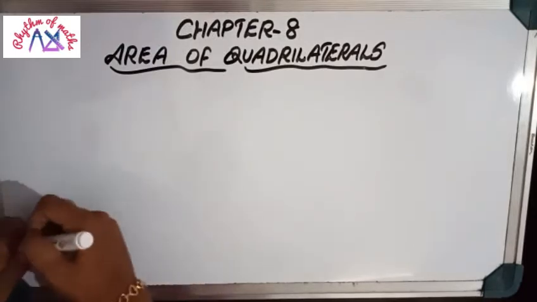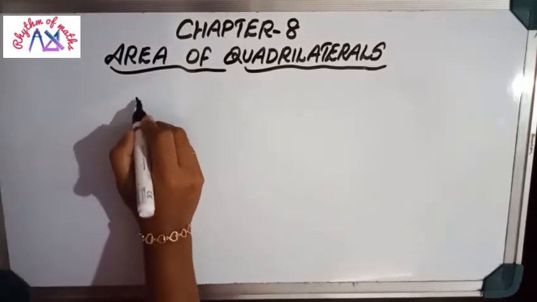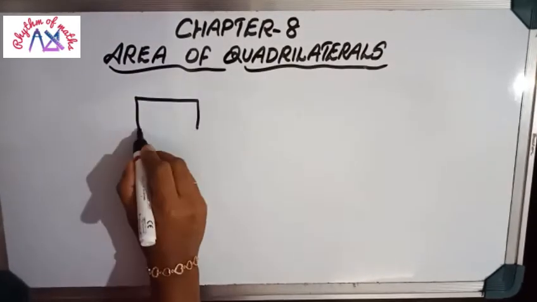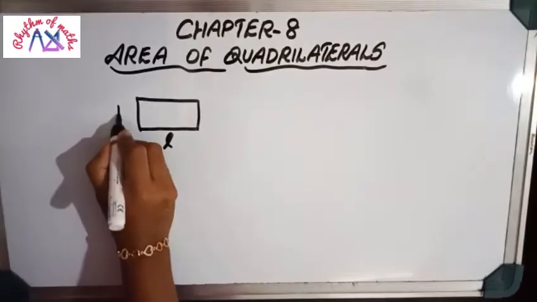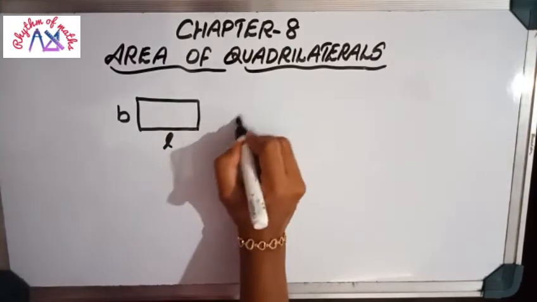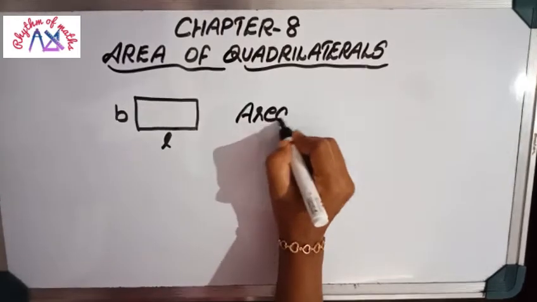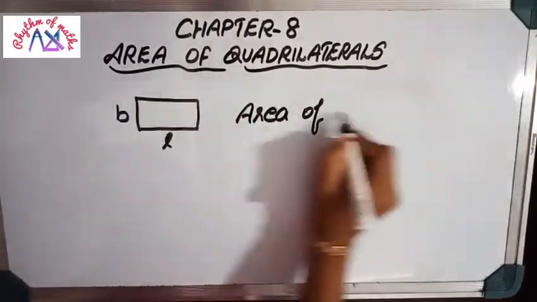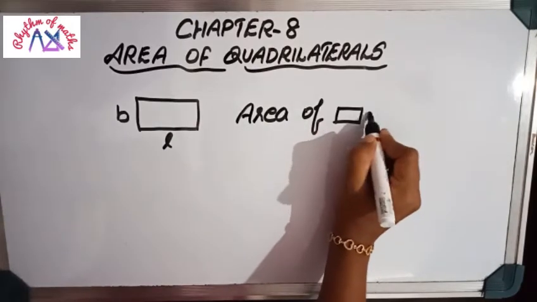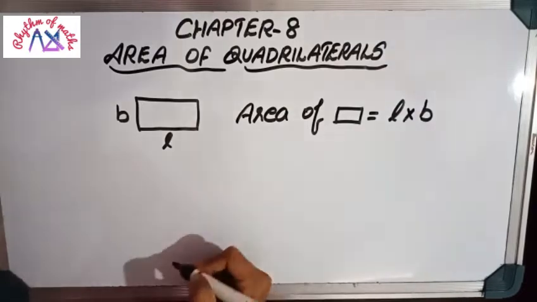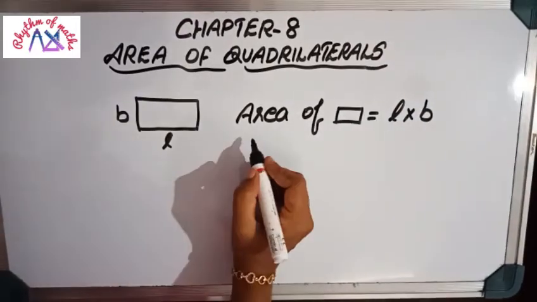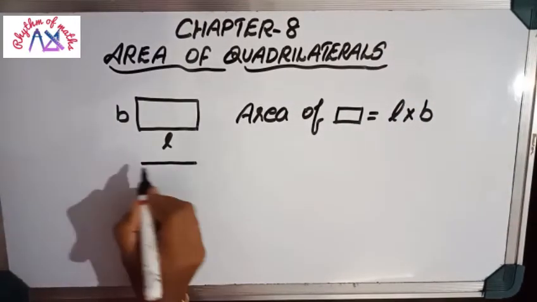Okay. Now first one, rectangle. Rectangle's area you already know. What is the equation? Rectangle's area. For a rectangle, length is there and breadth is also there. So equation to find area of rectangle, the equation is L into B, length into breadth. This is the equation. Now consider a parallelogram.